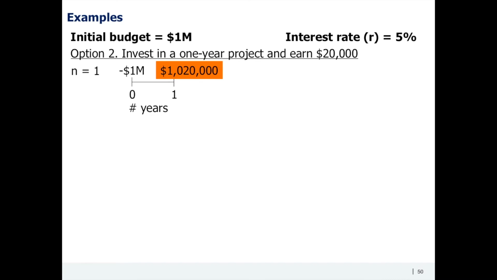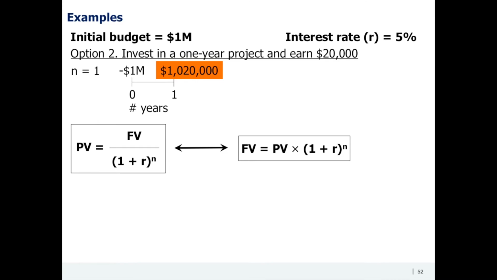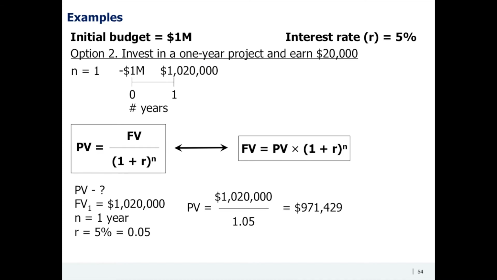But what is today's value of $1,020,000? What is the present value of it? You can calculate that based on this formula, which is basically the same as the one we've just seen. We know the future value, the number of periods, and the interest rate. We use the same interest rate as we did in option 1, as this interest rate is guaranteed. So the present value is